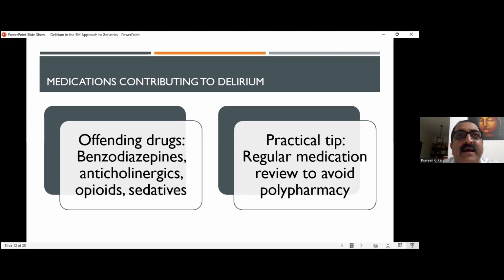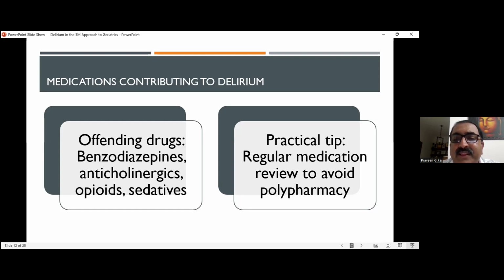Then managing the symptoms also has to be considered. That's a different set of discussion, especially when we come to end of life medication and how we manage medications towards end of life. These things have to be dealt with separately.